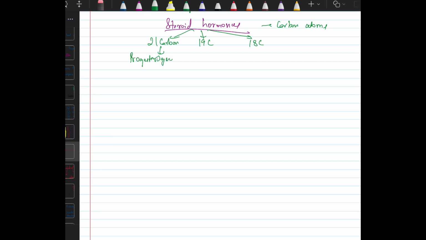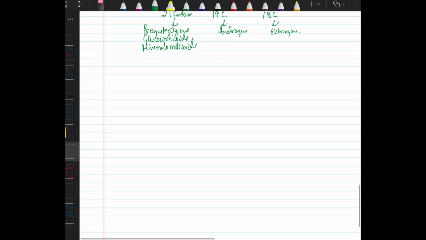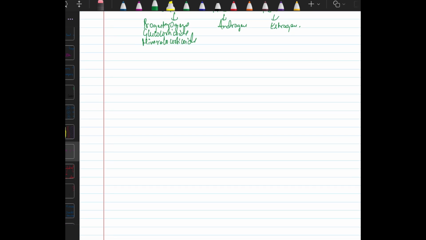progestogens, glucocorticoids, mineralocorticoids. Okay, under the 19 carbons we have androgens, and the 18 carbons are your estrogens. So we will now see the sex steroid hormone synthesis, that is known as